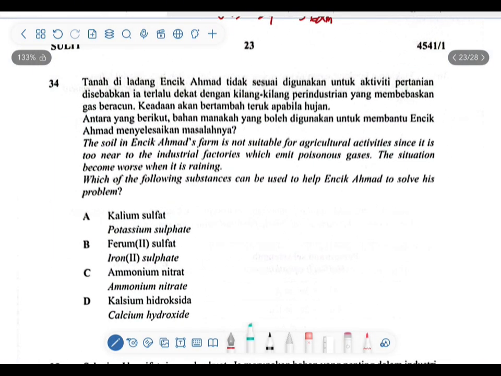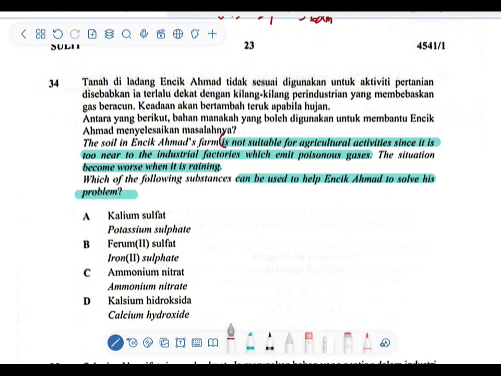Okay, for the next question. The soil in NJ Ahmad's farm is not suitable for agricultural activities since it is too near to the industry factory which emits the poisonous gases. The situation becomes worse when it is raining. What is the substance that can help NJ Ahmad to solve his problem? Okay, the first information we get is the soil in the NJ Ahmad's farm is not suitable for agricultural activities since it is too near to the factories which emit the poisonous gas, and it becomes worse when it is